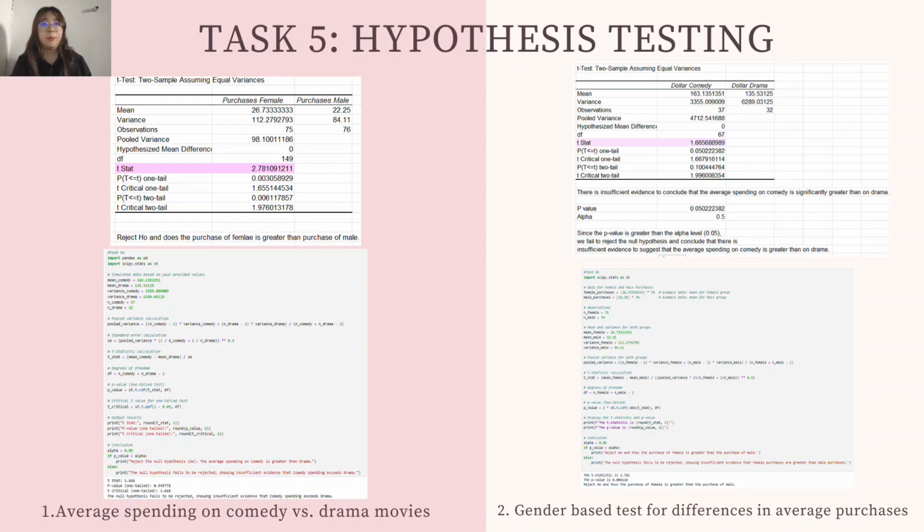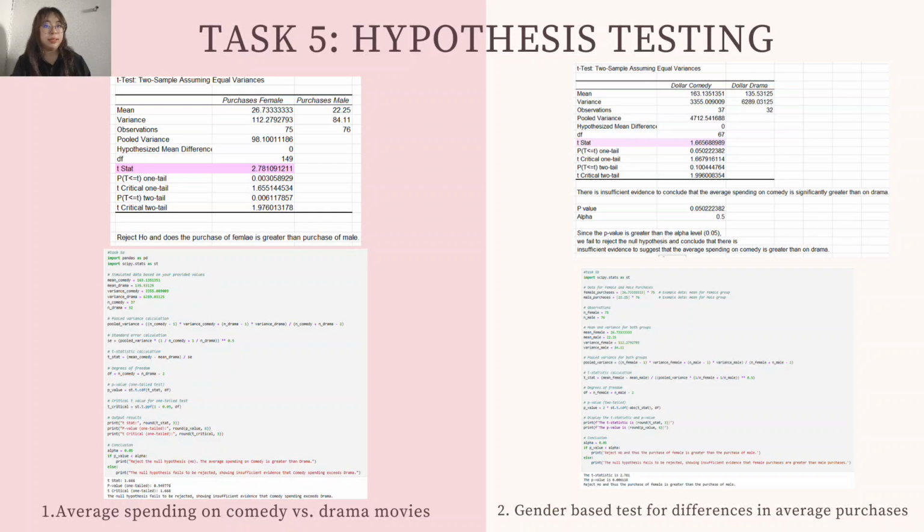And as for hypothesis 2, we tested the gender-based difference in movie spending. The results revealed that women, on average, spend $26.73, while men spend $22.25. The t-test rejected the null hypothesis, indicating a statistically significant difference. This suggests that women tend to spend more on movies than men, and this finding is supported by both descriptive